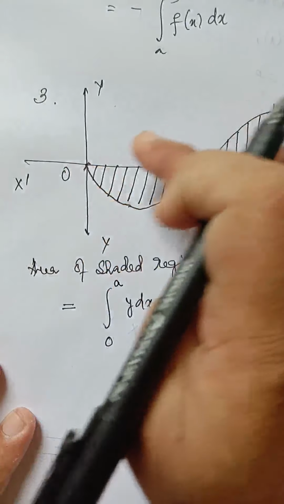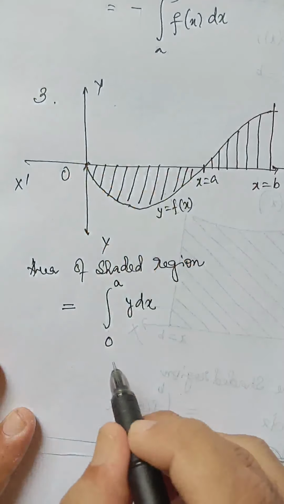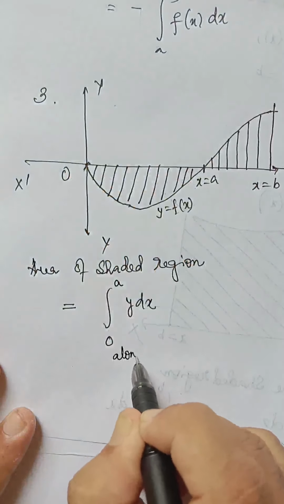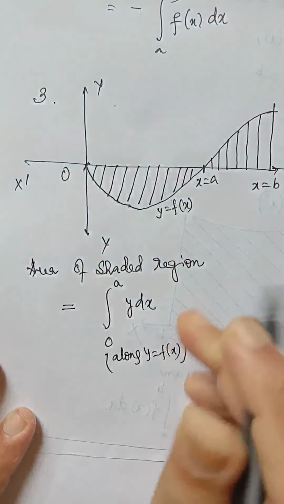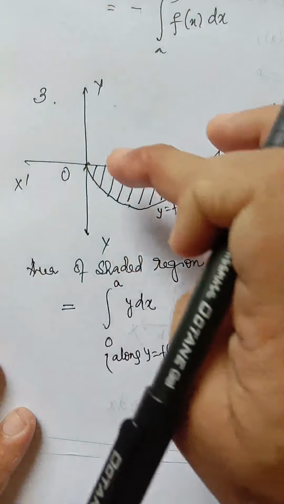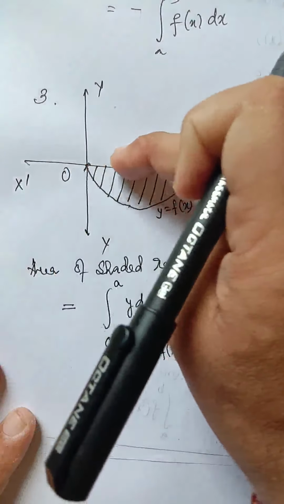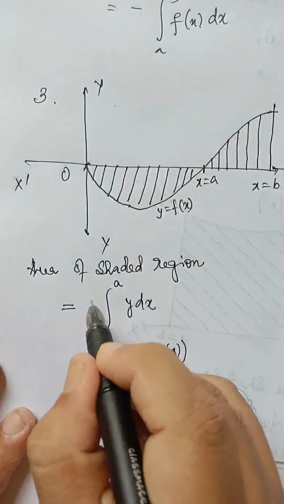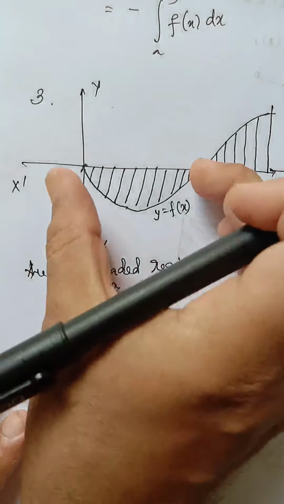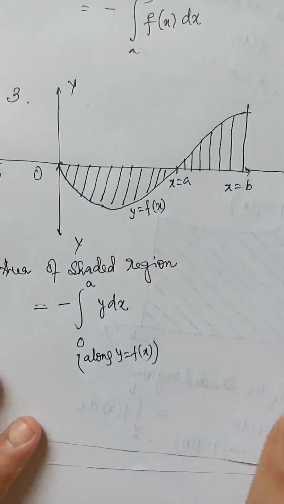Upper boundary is y equal to f(x). This particular boundary is y equal to f(x). So we write along y equal to f(x) up to this part. Now what we have to remember: for this region, the x-axis is the boundary, and this particular region lies below the x-axis. We have to add a minus sign. This is the area of this part, plus